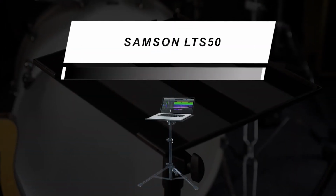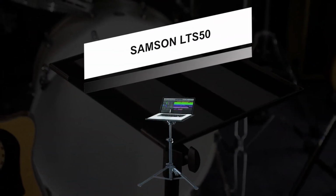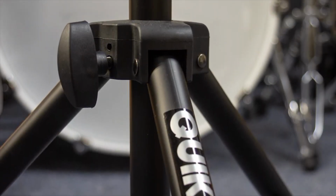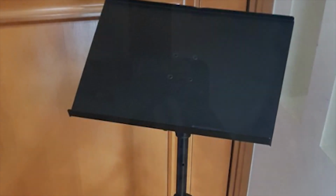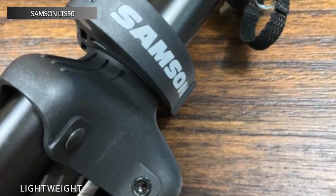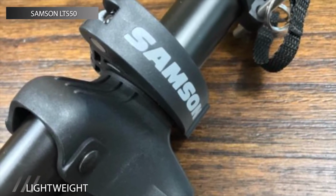Now, if durability is your primary concern, then the next product would be an ideal choice for you. The LTS50 laptop stand by Samsung offers a convenient and comfortable placement of your laptop computer in live and studio environments. It features a roadworthy steel-constructed design and a portable fold-up design. The top of the stand features a silicone surface to hold your laptop securely in place and has tilt